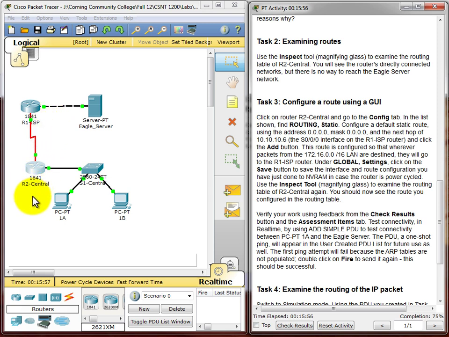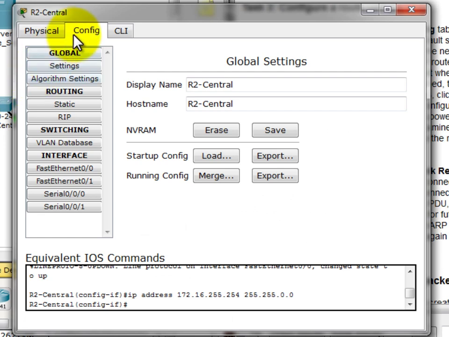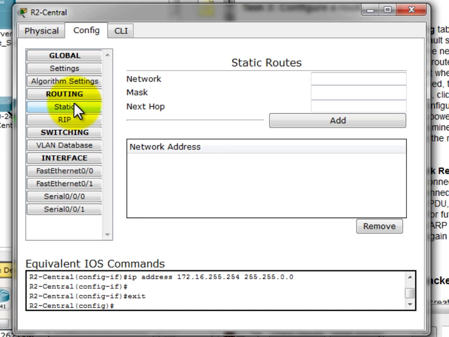However, R2 does not have a default route to forward any and all messages to the ISP. So our next step, task 3, is to configure R2 Central to have a static route that points to R1. To do this, once again, I'm going to click on R2 Central, and then I'm going to come up to the Config tab, and I'm going to choose Static. Okay, now they want me to enter in a default route, so any other network other than the local area network should be forwarded to R1